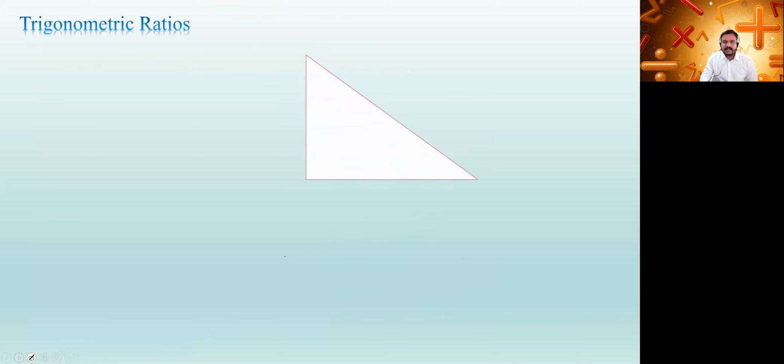Now, a right angle triangle has been displayed. First of all, we will give naming to it. Suppose this is vertex A, this is vertex B, and this is vertex C. Now, as it is a right angle triangle, it has 3 sides. Its 3 sides are AB, BC, and AC. Now, the side exactly opposite to the 90-degree is called as hypotenuse. The side BC is called as the base of the triangle, and side AB is nothing but the height of the triangle. So trigonometric ratios, what they are nothing but the ratio of these 3 different sides.